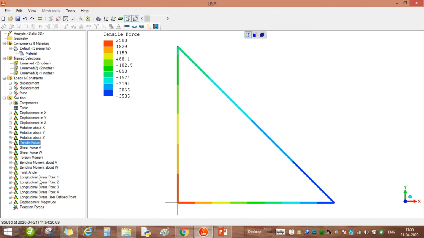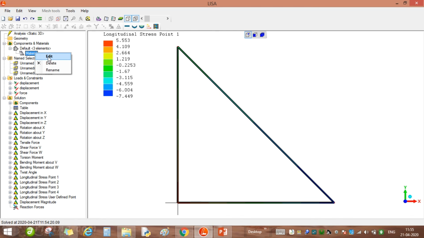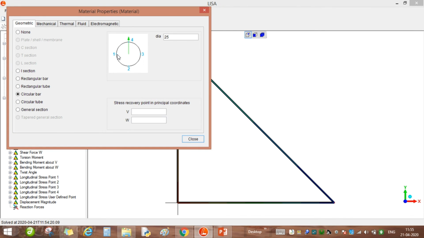And then the stresses at point 1 means the outer circumference of the cylinder that we have assumed on the left hand side, extreme left side, and that I have shown in the material. We can see again. So this is point number 1, point number 2, point number 3, point number 4.